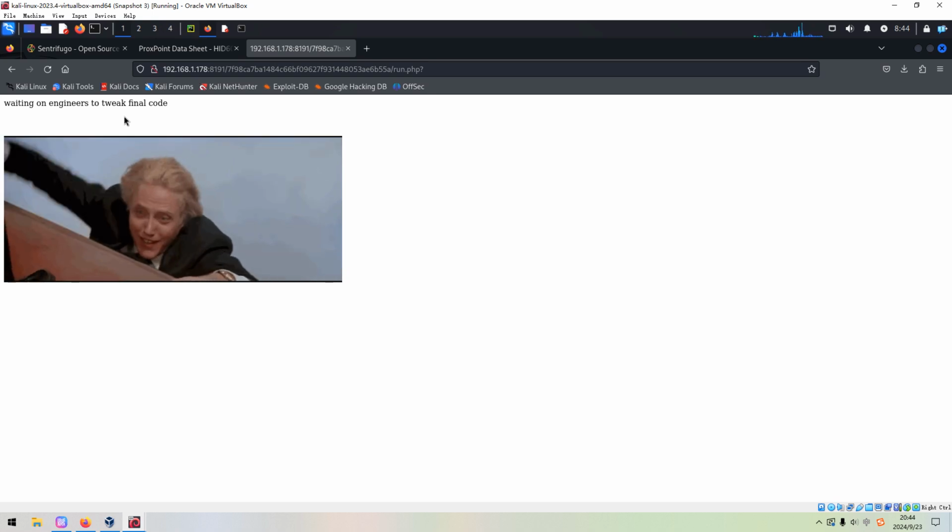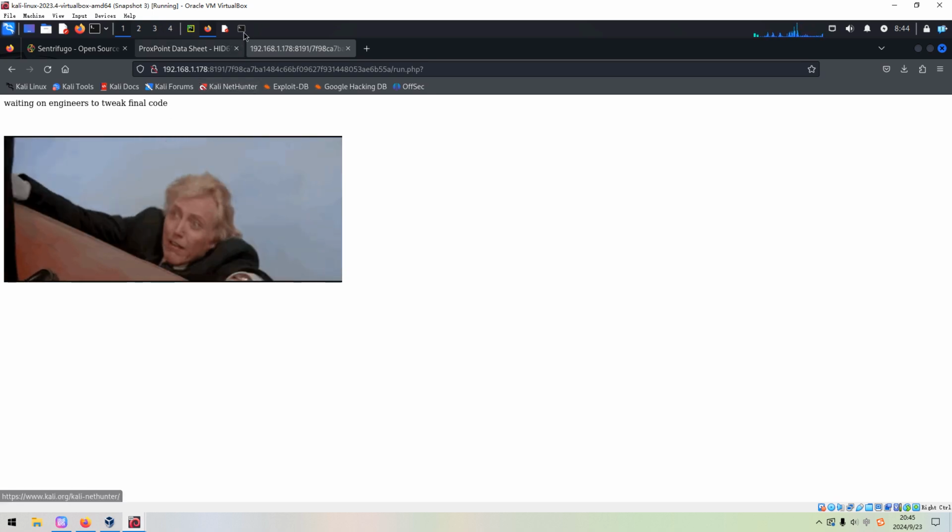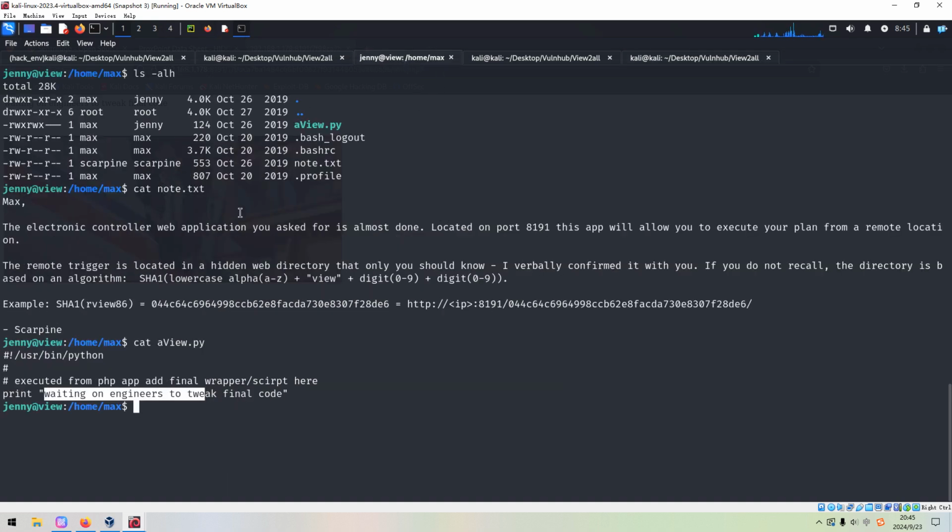It looks very familiar, right? Do you remember when we got out this Python script? This should be the message for this file. And also the current user Jenny has permission to modify.